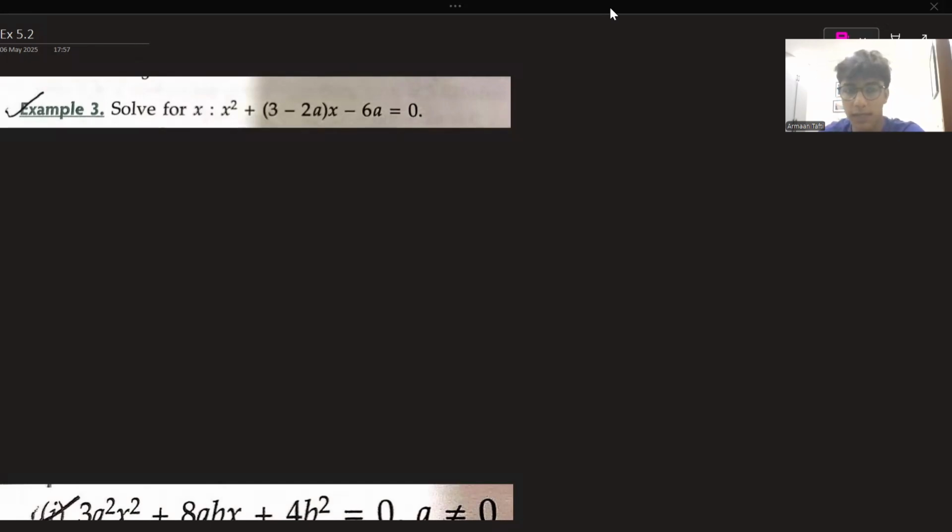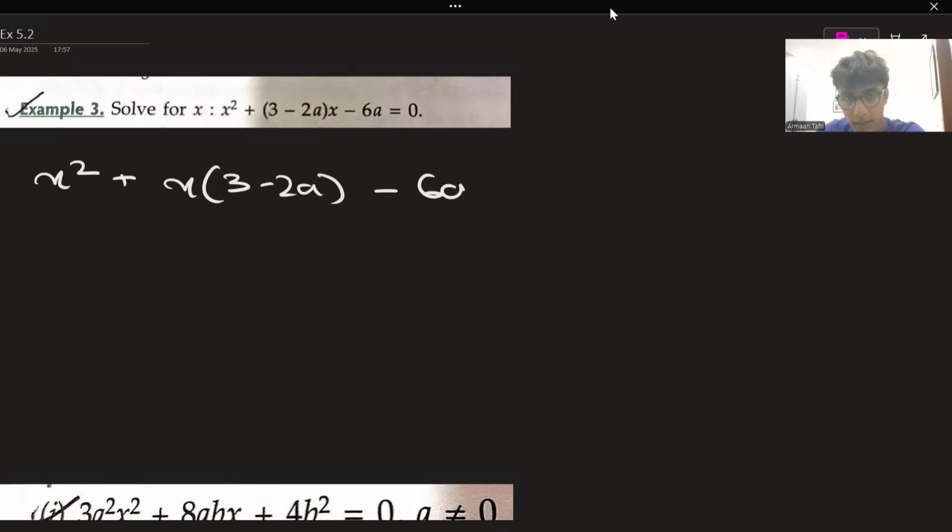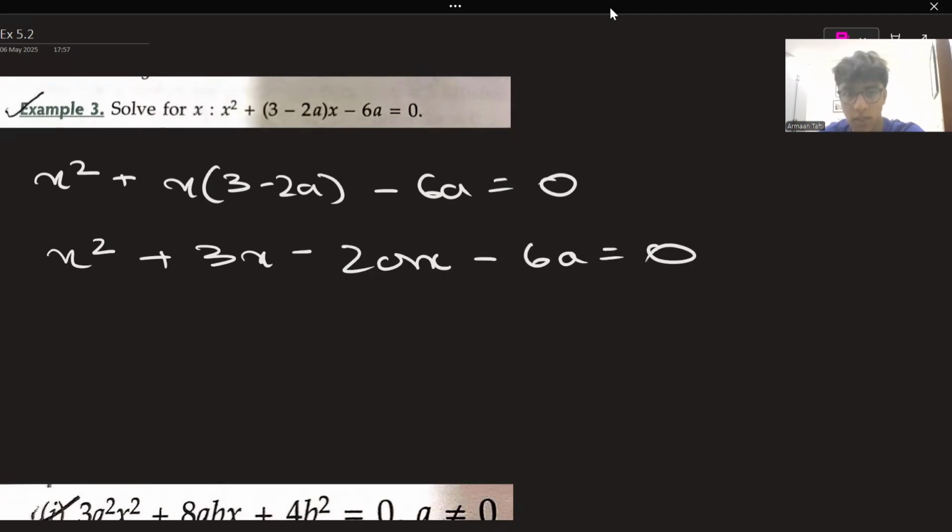The first one does not require MTS, and we can just simply simplify it and then group the like terms together and then get our answer. So we just solve for x, so let's start. X squared plus x times 3 minus 2a minus 6a equals 0. If I open these brackets up and distribute x, I get x squared plus 3x minus 2ax minus 6a equals 0. And now if I group these two terms together and I group these two terms together, then